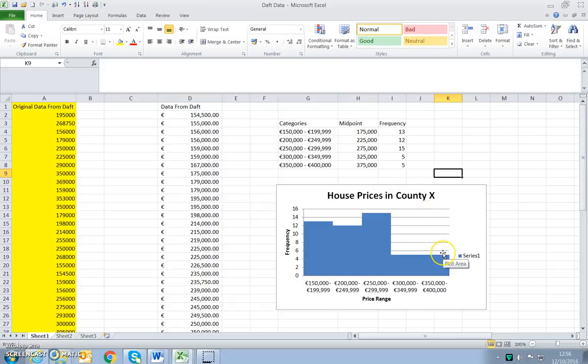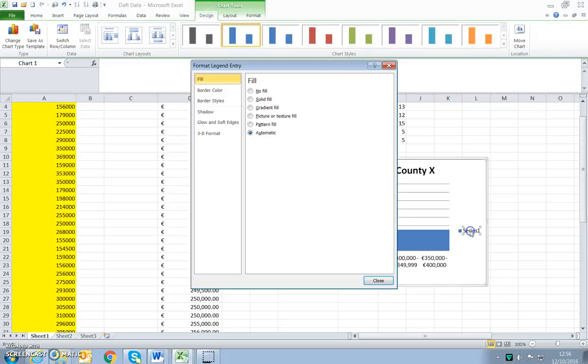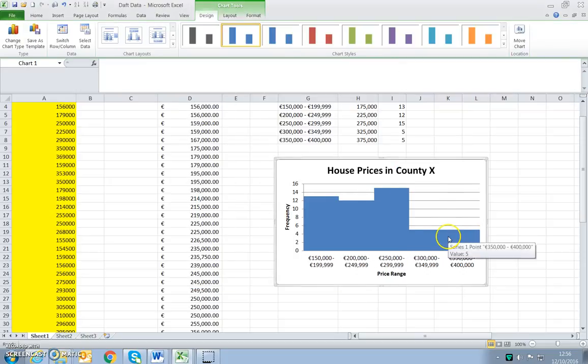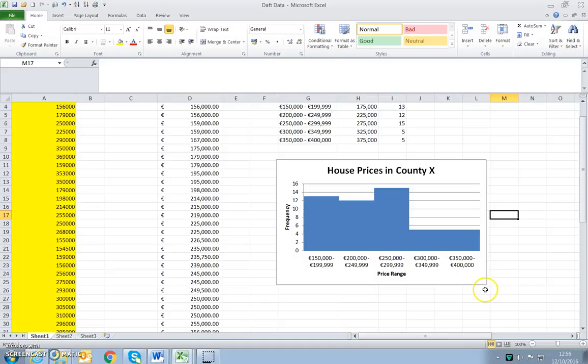So that's our house prices in County X, and we could probably remove that if we want. We don't need that. And spread it out a little bit. Okay, and the next recording may be another example of